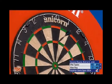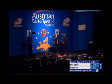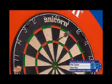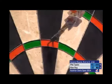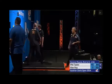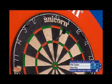Well, winning 3 legs in a row against Phil Taylor is hard enough. It's even harder when 2 of them are on the power's throw. 83. And it's even harder than that when you're 150 points behind in this leg. But maybe this is a start. 140. Alex Roy can find a way to break in this one. Maybe we could see him get that strut back. Play with a bit of confidence, but